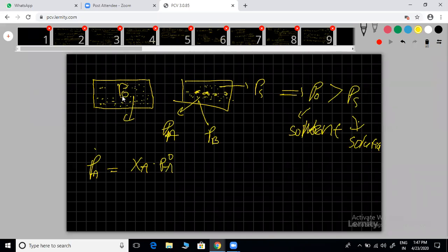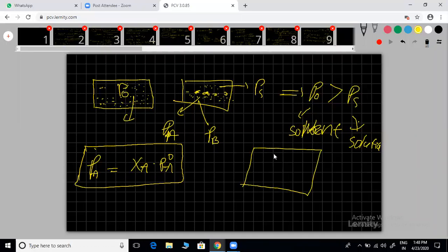This P naught is for the pure substance, which we are calculating. It is fixed for a particular temperature and won't change. It depends upon the nature of the solvent, or the nature of the substance, and is fixed for every substance. Unless you change the temperature, it won't change. So the partial pressure of any component of the solution equals the mole fraction of that component in the solution times its pure vapor pressure. I think you are very clear on XA. These are the liquids, by mixing solute plus solvent.